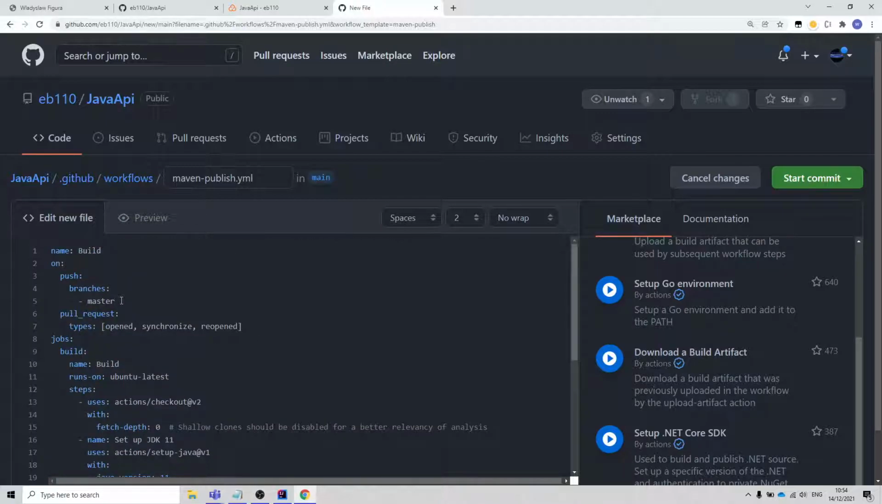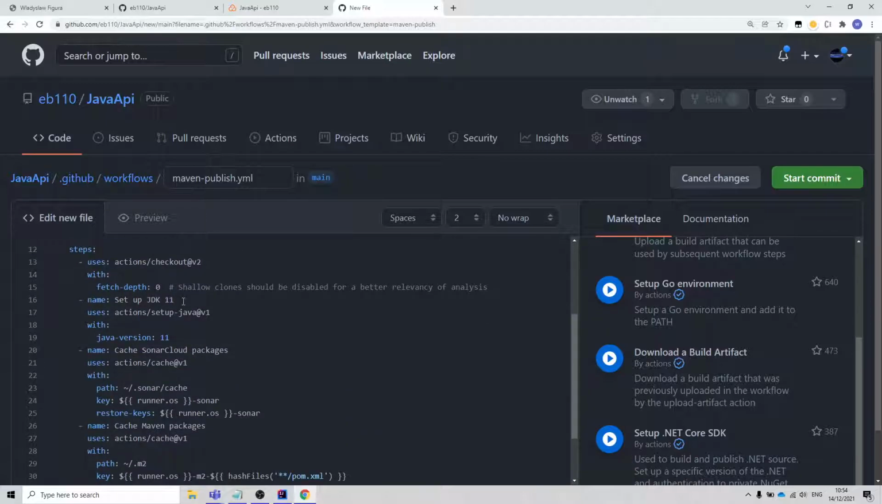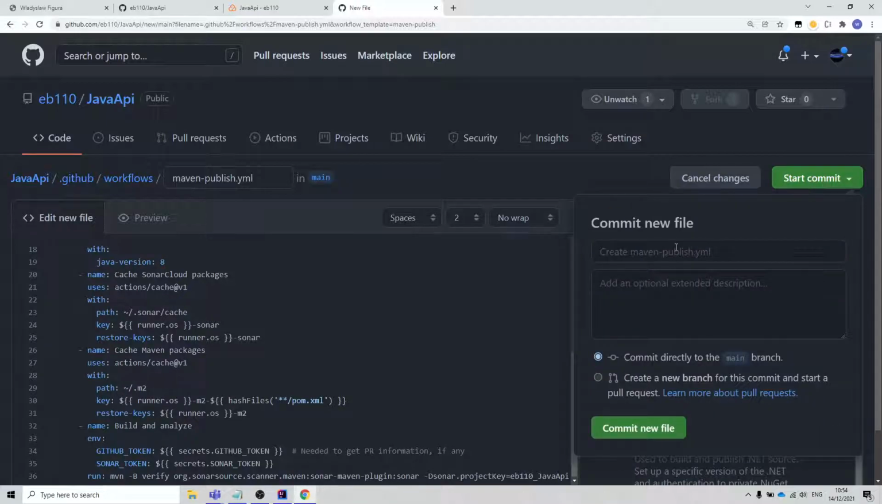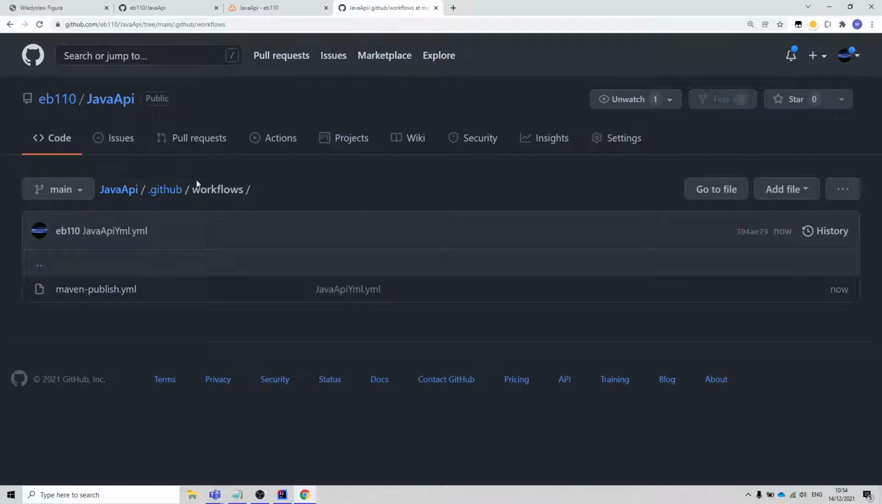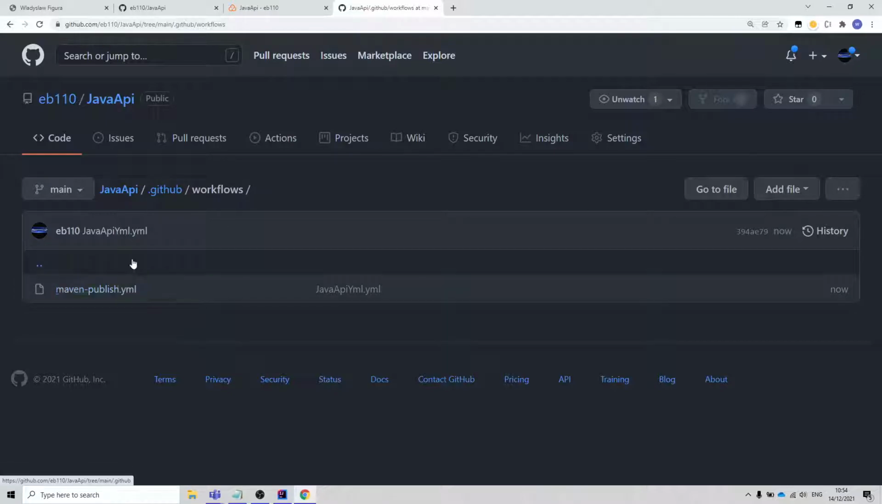So my main branch is main. So I have to update it. JDK version is 17 and Java version is 8. Okay, then start commit, provide some name of that file. So let's say Java API YML, and here it has to be .yml. The name here you can provide whatever you want to, just .yml. Commit new file. So now our remote repository has got an extra file, a new file called Maven publish YML,